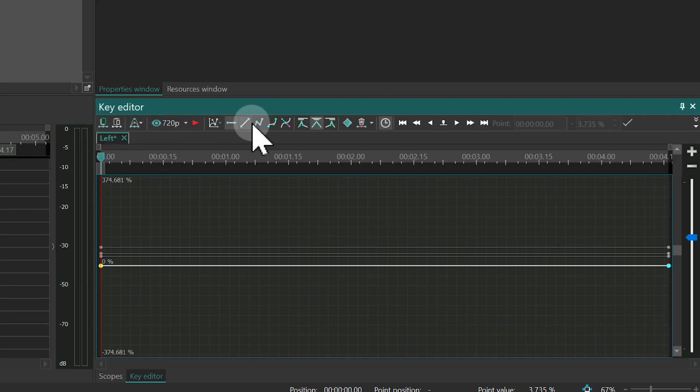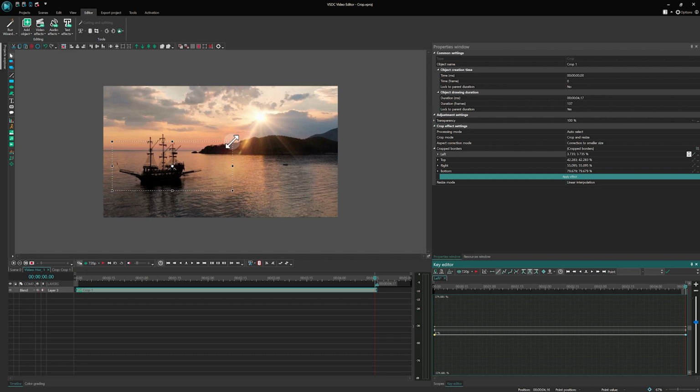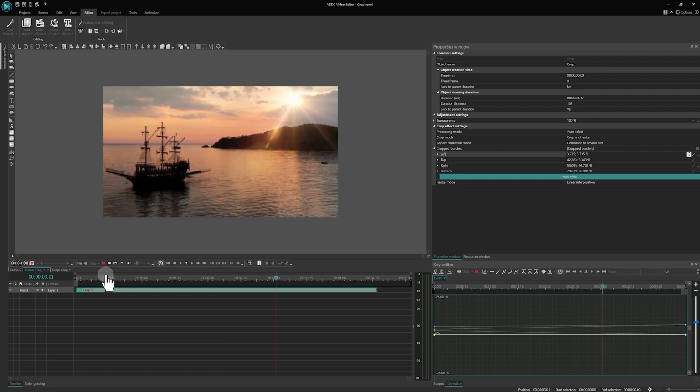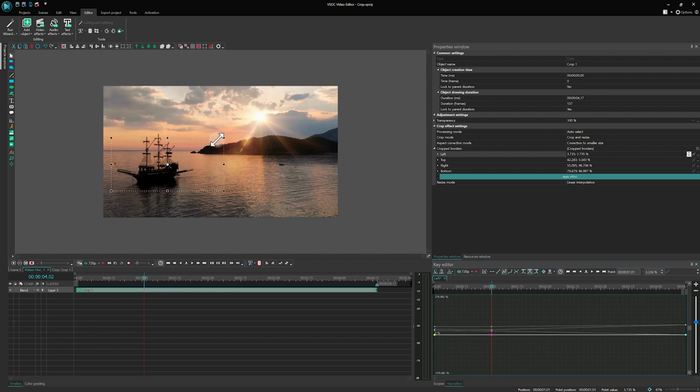Now let's switch to linear change parameter and place the cursor at the end of the effect. Then on the scene, change the cropping area and the program will automatically replace all the parameters, resulting in animation. The Pro users can also add intermediate key points to make it more dynamic.